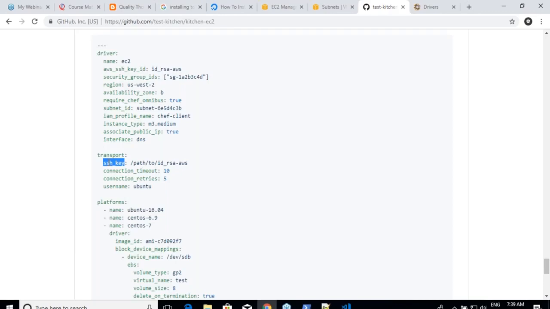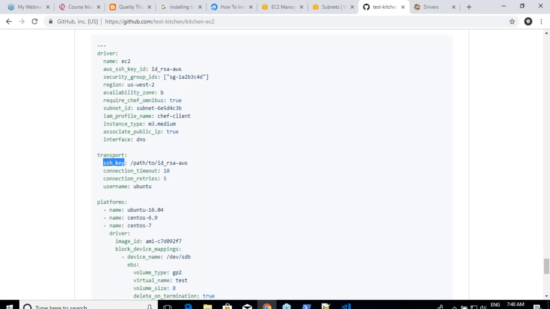So we need to get IDs over here, not names. That's the first difficulty. For example, for the image, I need to know the image ID of the Ubuntu machine. Till now we were just giving names, but I need to get IDs. Security group, not by name, by ID. Subnet, not by name, by ID. So everything you do in this, you go with IDs.